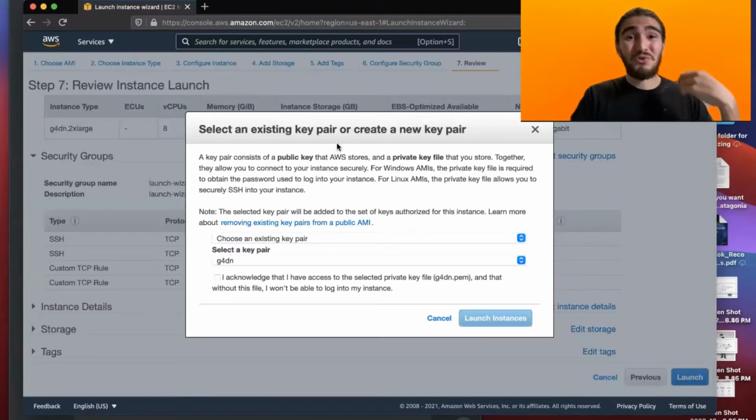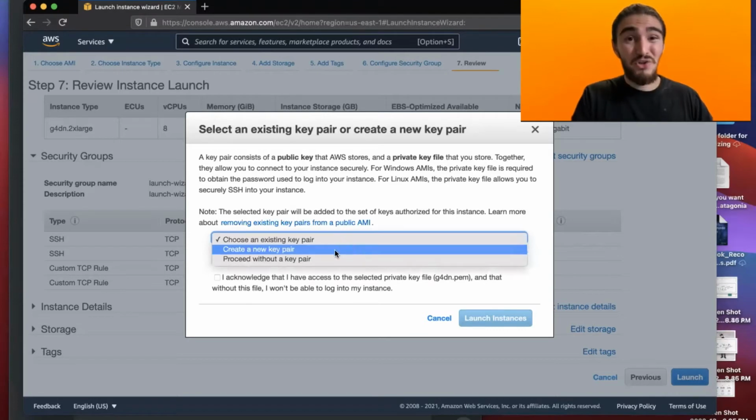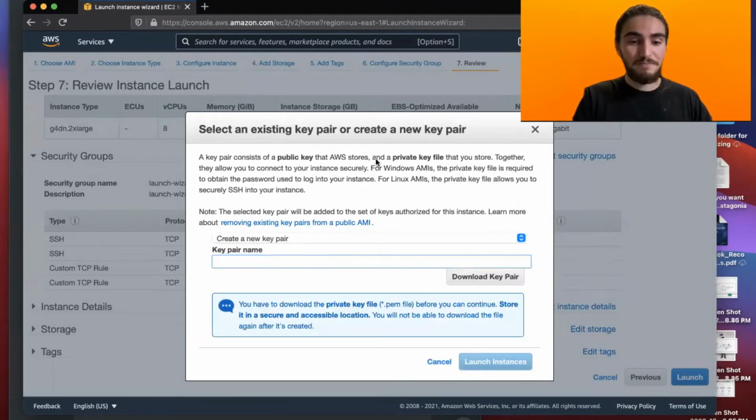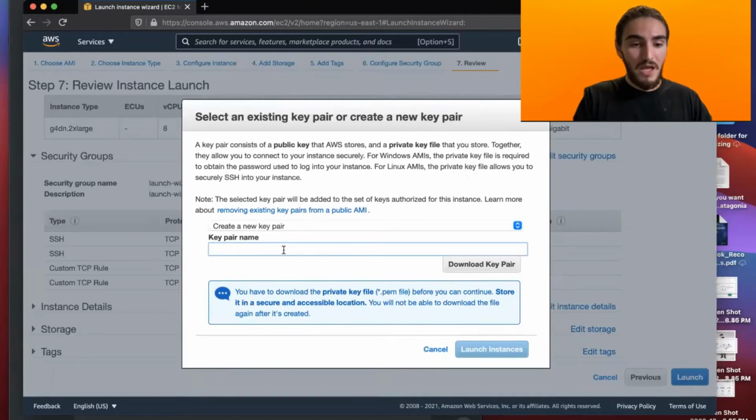Now we get to choose a key pair. This is a kind of confusing step that I wish they had more information on how to do, but I'm going to show you in this video how to do it the easiest way, so you're not going to have to worry about this ever again. Super easy. You just go to create a new key pair, and you enter your key pair name. Now, if you already have one,